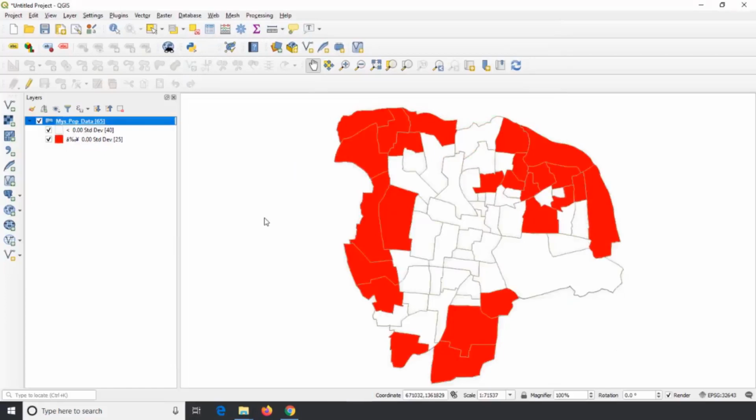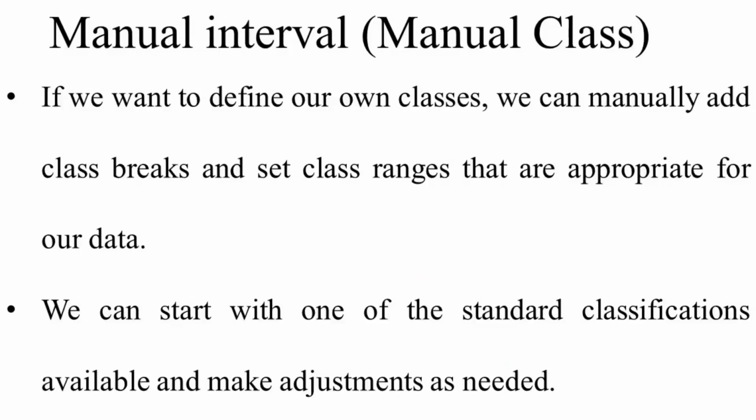Look at the number of polygons or number of wards in each class. It is entirely different from the classification result of previous methods. The final one is manual interval. If we want to define our own classes, we can manually add class breaks and set class ranges that are